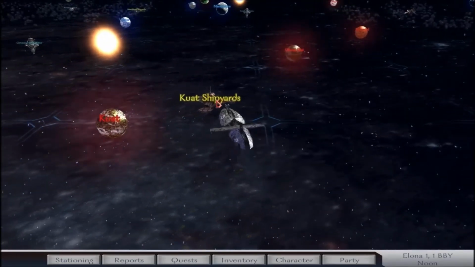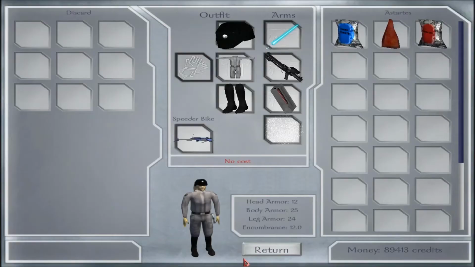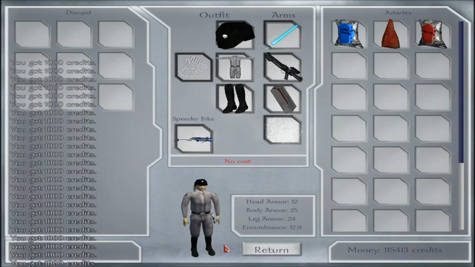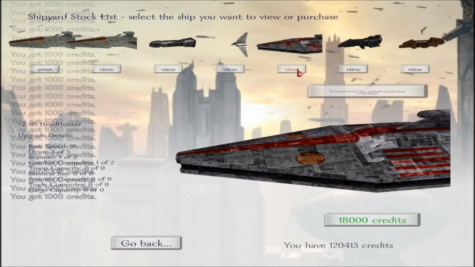I might need more money though. Okay, so that's going to be 90,000. Can I cheat money in from here? No, I can't. Right, back to the inventory. Spam out another 20k or so, just to be safe. And shipyard. Okay, I want one of these. Oh, it's only...